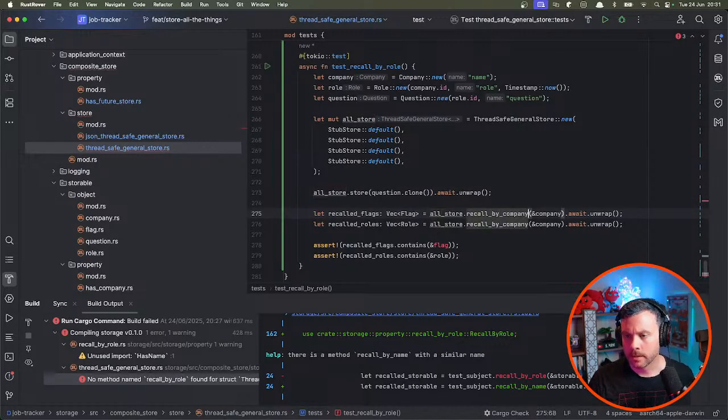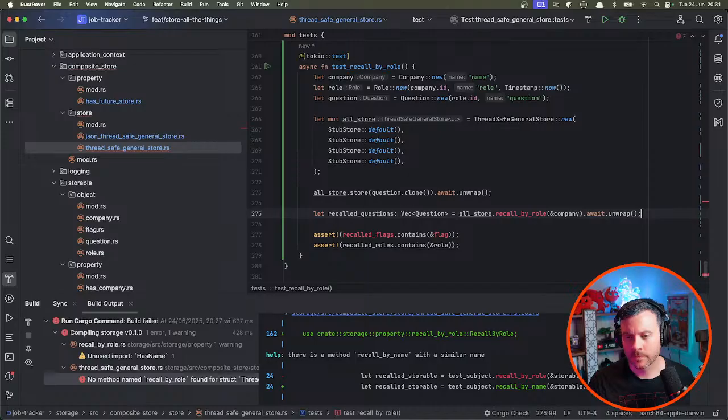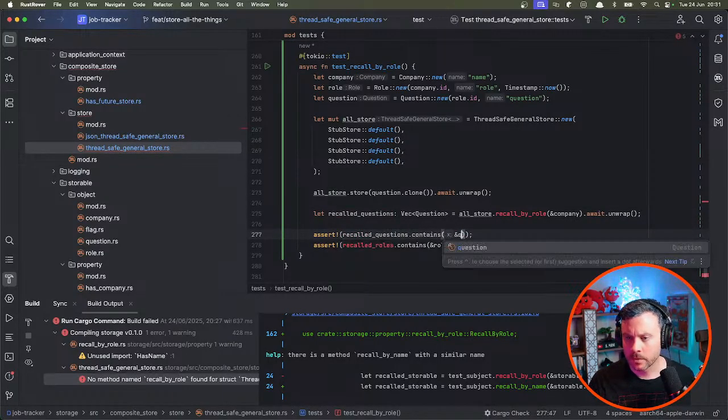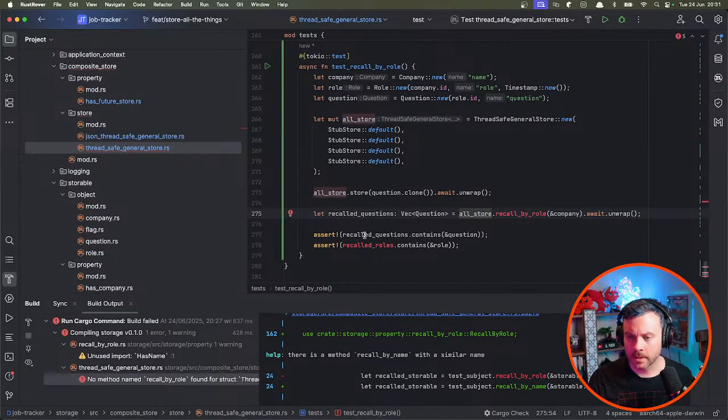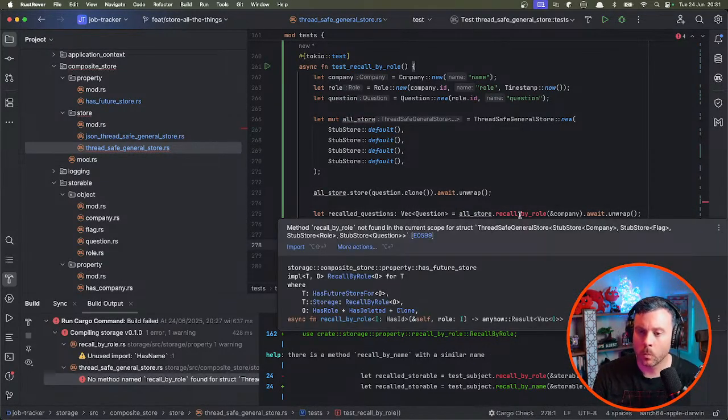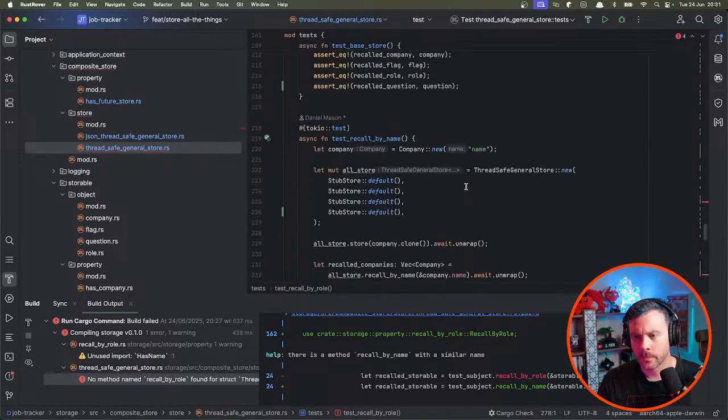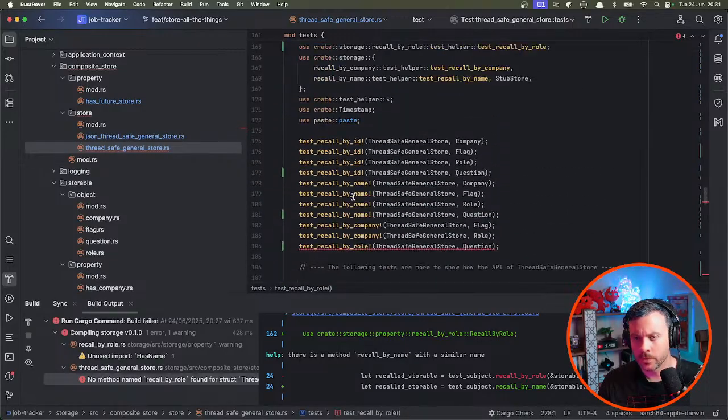Recall by role. Roles. Oh god, no, question. Questions. Question. Delete this. Questions contains question. And we can see that it does not think that this is an existing thing. So why? So recall by role not found in the current scope for that. Could I have failed to import